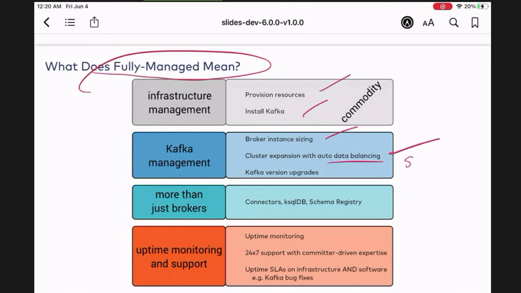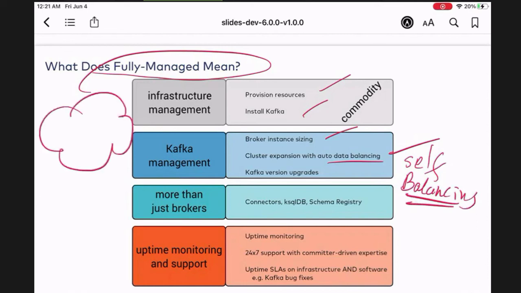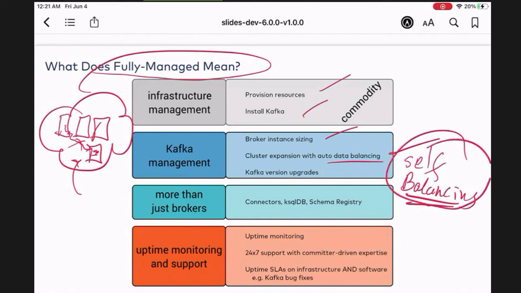We also have something now called self-balancing cluster, which is really amazing. Before, if you had Kafka and added a new node, like a new broker, Kafka would not move partitions to that new broker. In the past, that would not happen automatically. Now with the self-balancing cluster, if I add a new node to Kafka, Kafka will automatically move partitions around to give that new node some data, which is awesome, right? So self-balancing cluster is also a feature in the cloud in our enterprise service.